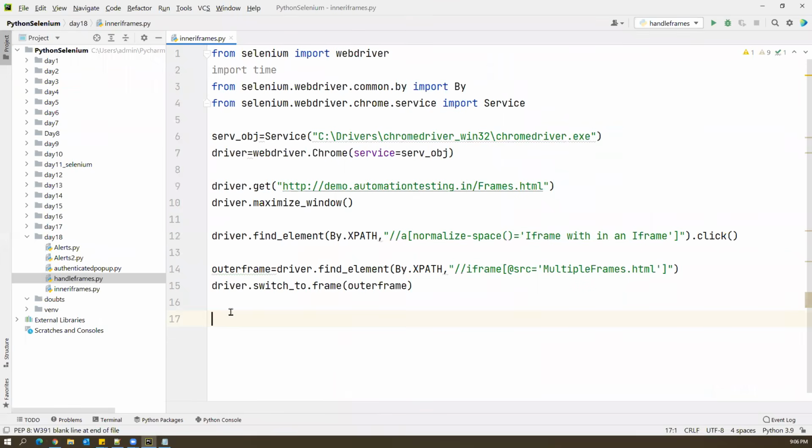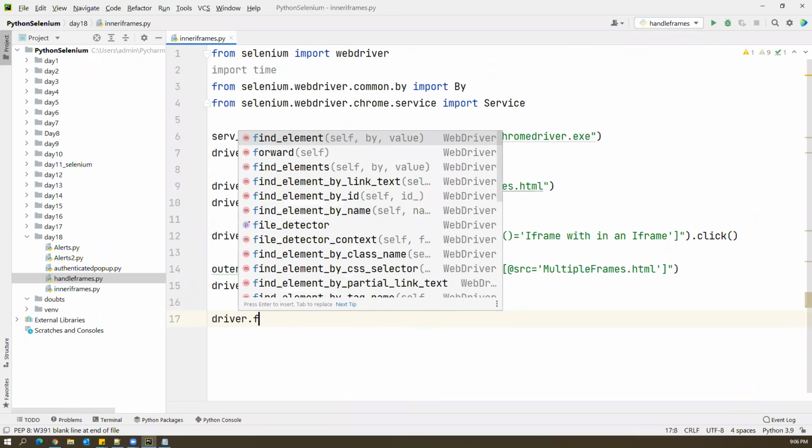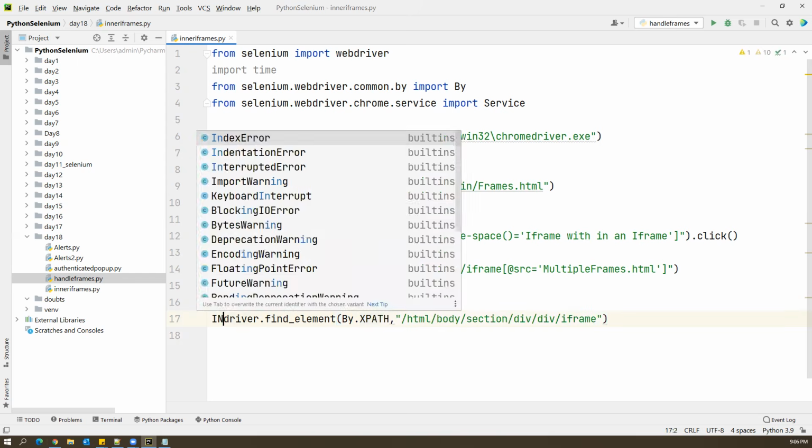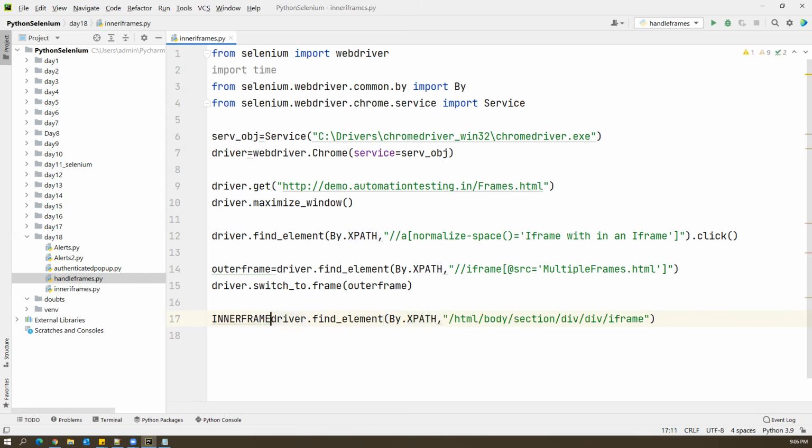And now find out the inner iframe. So driver dot find element by dot XPath. This is the XPath of the inner iframe. So this is the inner frame. Okay, so here default content is not required because the inner frame is also available inside